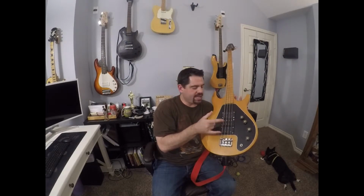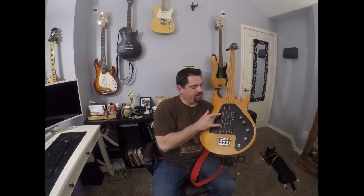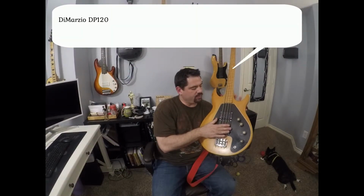You can run all 3, except the middle one has to be at 9, it can't be at 10. I don't like the tone very much, and from what I've read, most people don't like the tone of 3 humbuckers together. But so I have a unique bass now, obviously. 3 Adagio, probably equivalent to DB120